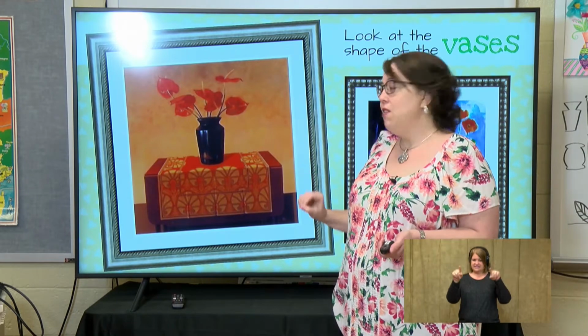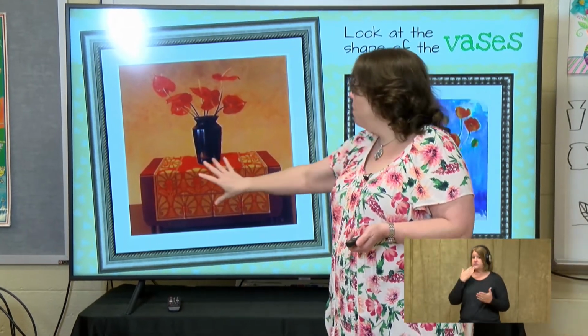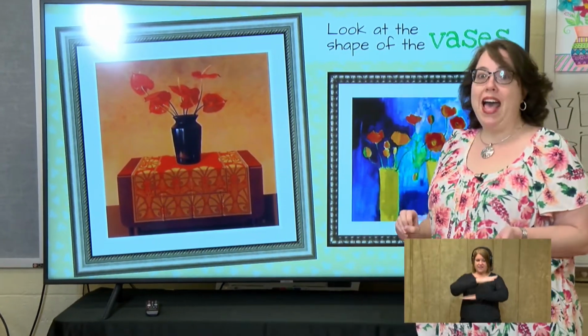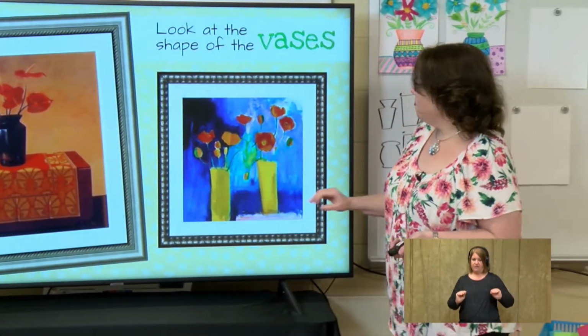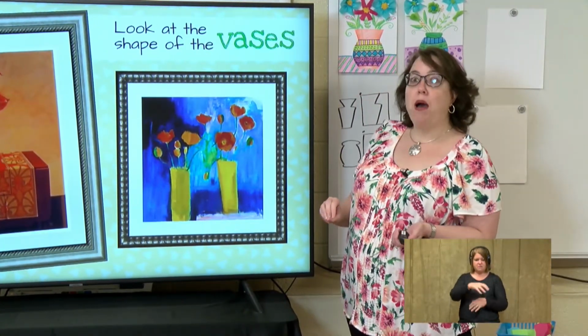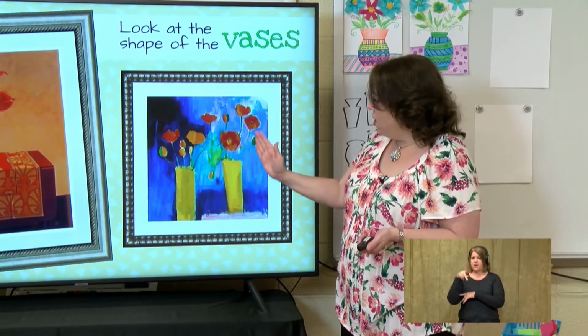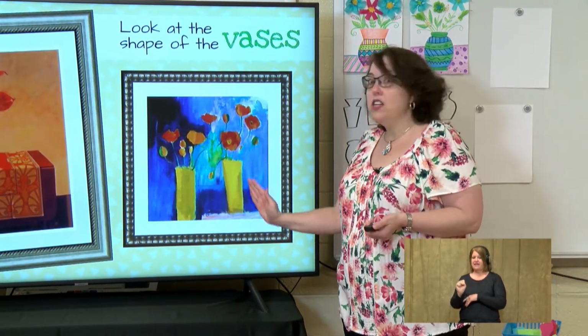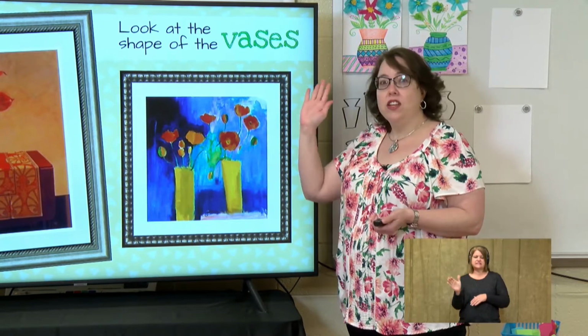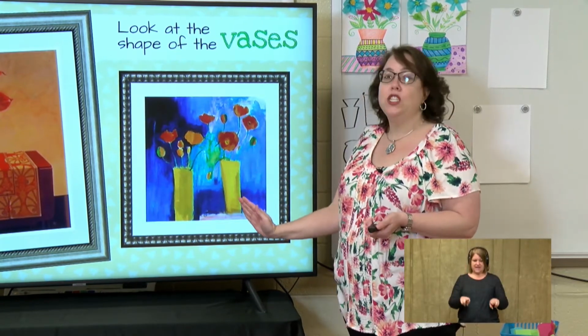So that's a good shape for a vase today. And look at how they put a little tablecloth with a pattern at the bottom. All right, this is called red orange poppies. And I noticed that the vase shape is very rectangular. So this is a very simple vase. If you want to cut out a very simple vase today, this is an easy one to do, a rectangle